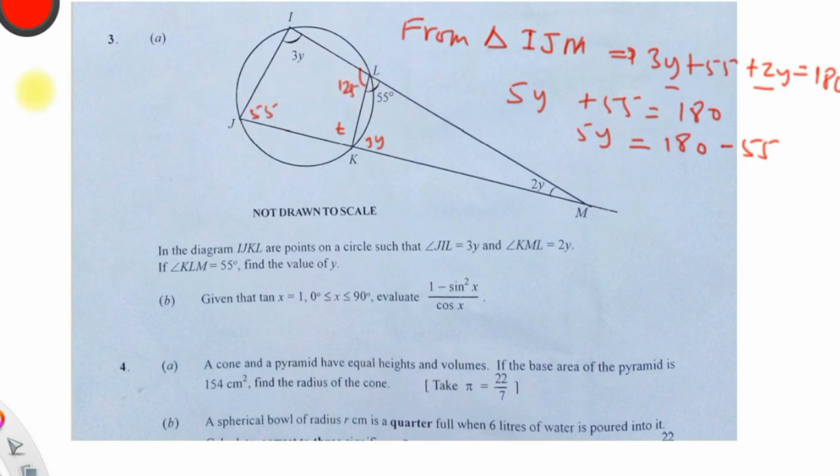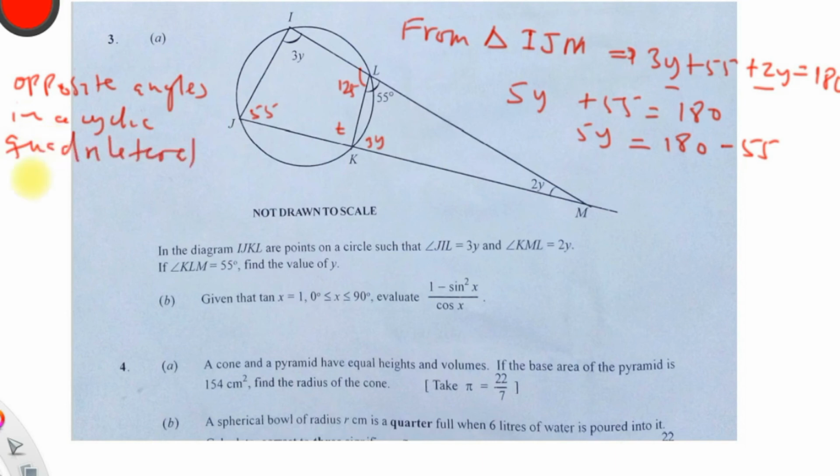To give the reason: opposite angles in a cyclic quadrilateral add up to 180 degrees. So this implies that 125 plus angle IGK is equal to 180. So it means that angle